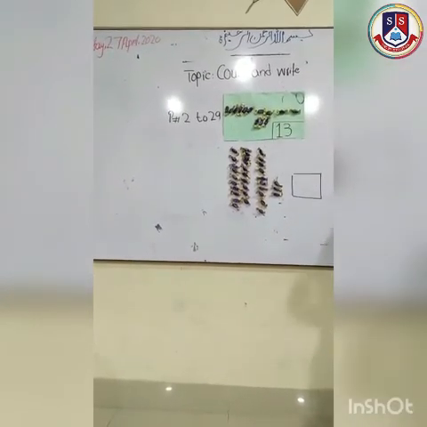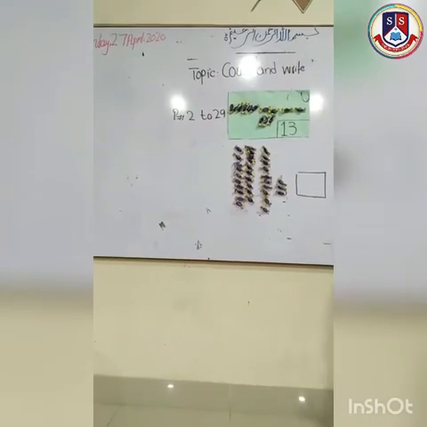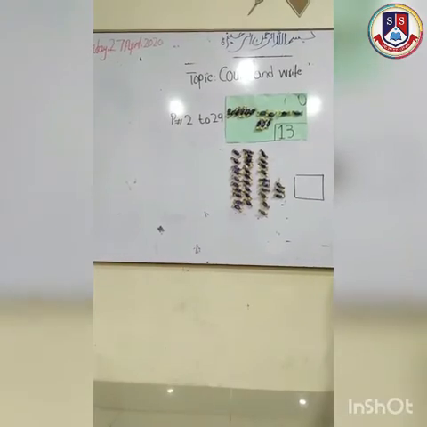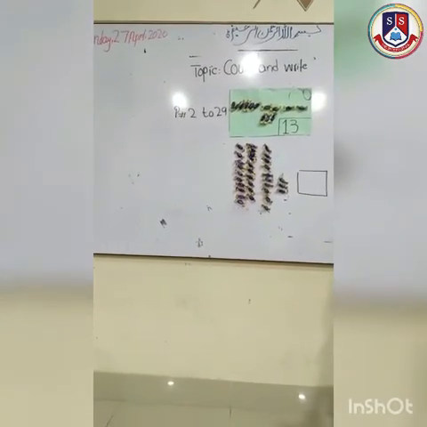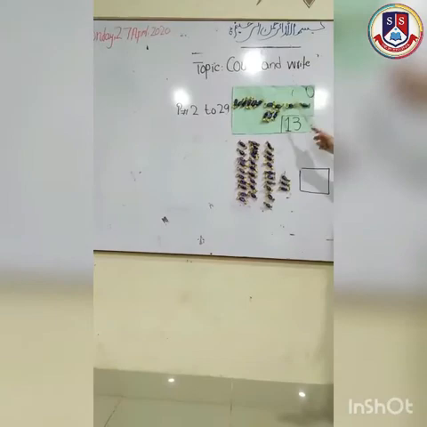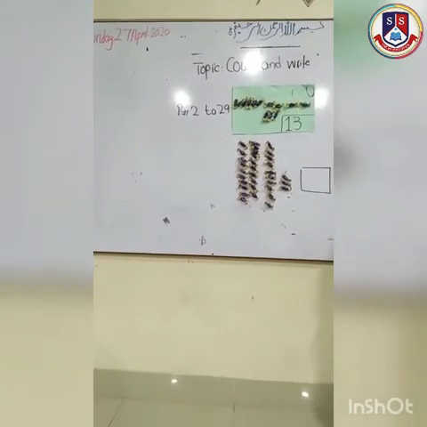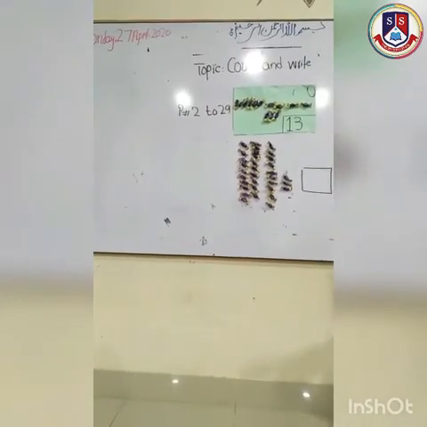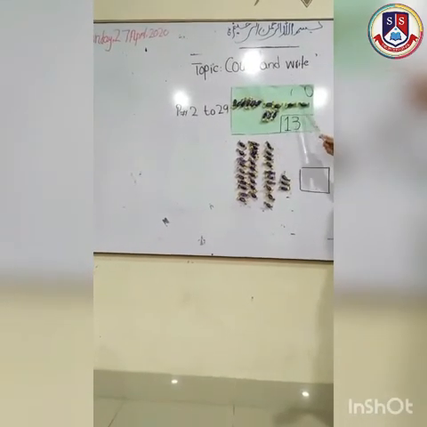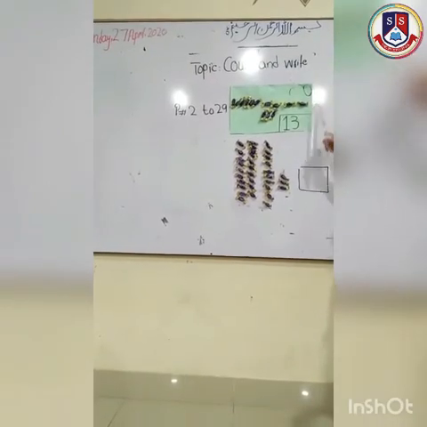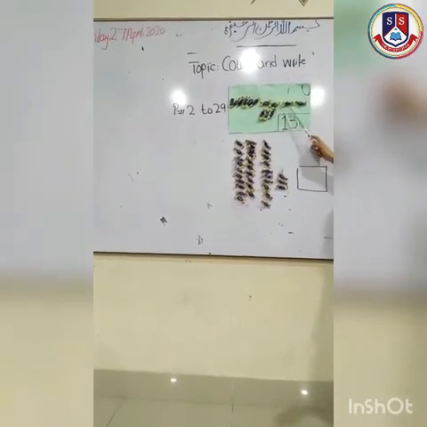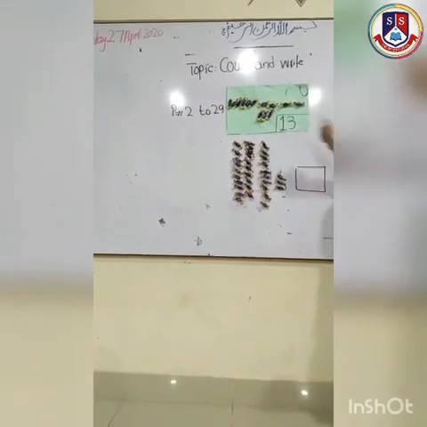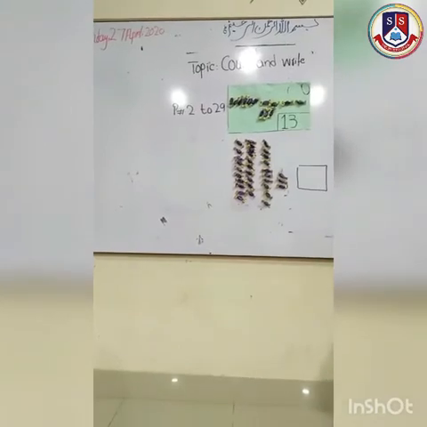10 candies are representing 1 ten. I have told you many times, when we combine 10 ones together, we get 1 ten. It's very easy for you. There is no need to count from 1, 2, 3, 4, 5, 6, 7, 8, 9, if you know that 10 ones is equal to 1 ten. 1 ten equals 10, 11, 12, 13. It means total 13 candies are here.